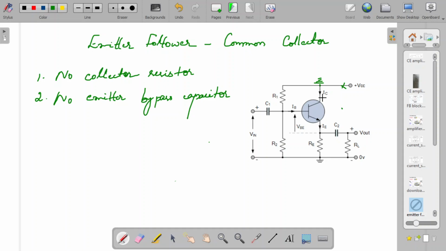Okay, so that is about the common collector configuration. Now we have to think about why it is called an emitter follower. Now we give the input signal here. Actually the input signal is derived from VCC, right? That is, the voltage across R2 is actually the input given. So that voltage is VCC divided by the total resistance R1 plus R2, times R2. So first we have to find the current flowing through R2.